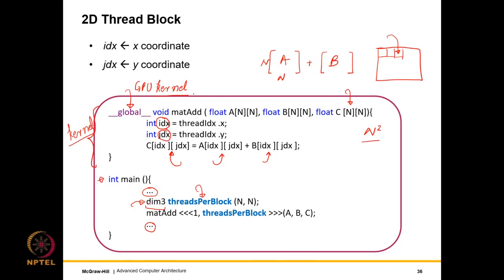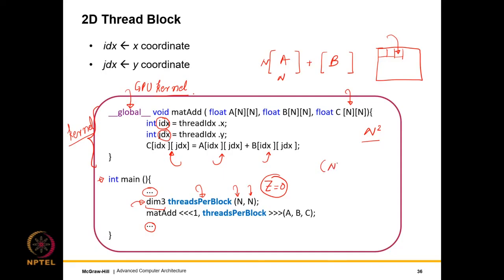Dim3 means dimension 3, which means at the most it can contain 3 numbers, even though it is not limited to containing only 3 numbers. It can contain 1, 2, or 3 numbers. The number that is not initialized will default to 0. In this case, the z coordinate is defaulting to 0. That's the reason we are passing only 2 arguments, and the axis that's not passed is assumed to not exist. So you're passing 2 arguments, which means n coordinates on the x-axis, n coordinates on the y-axis, so total n square threads. This is of object dim3, and of course it has many constructors.